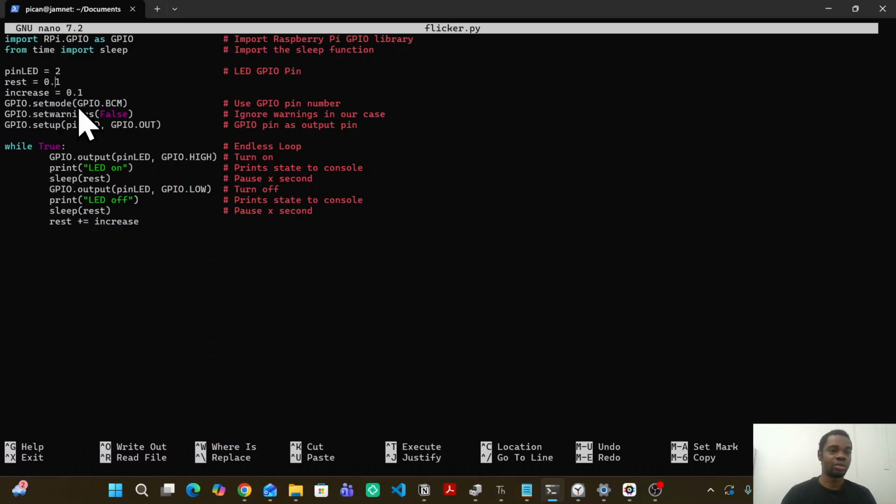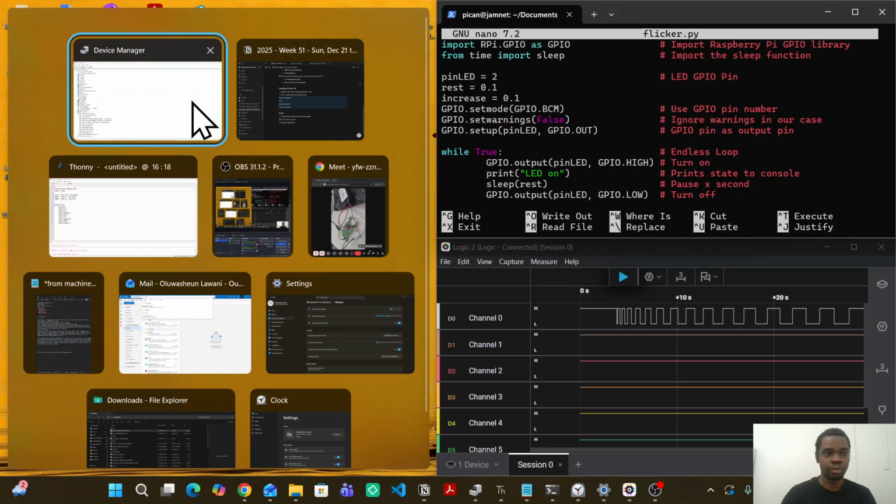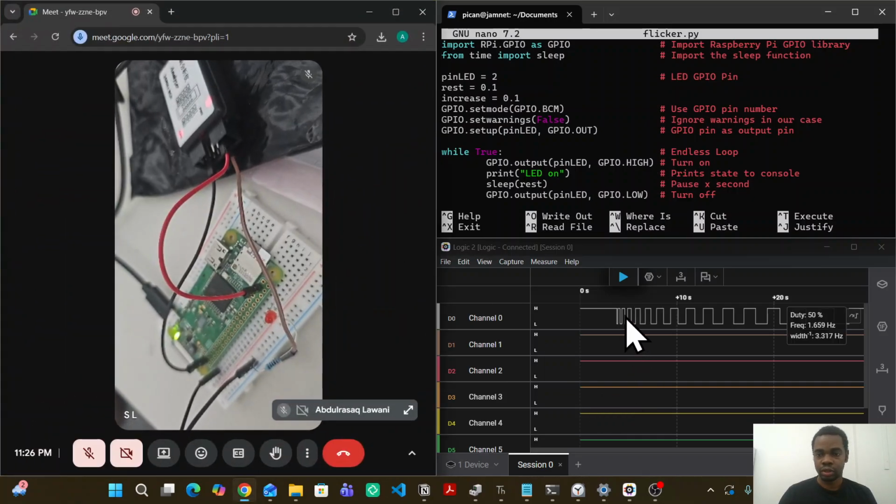I'm trying to increase the pulse width for every cycle. The pulse width is the distance